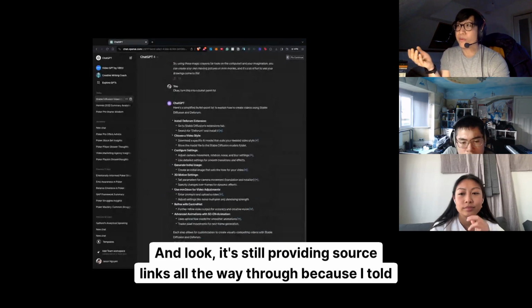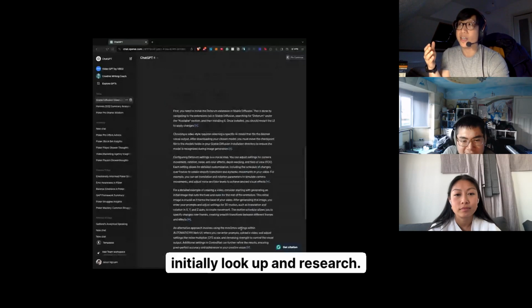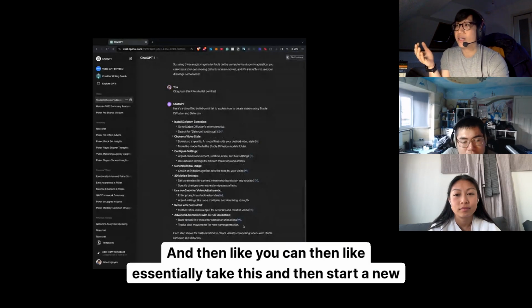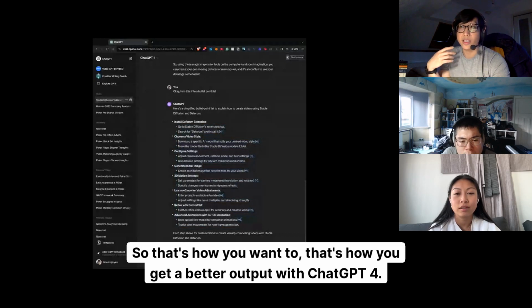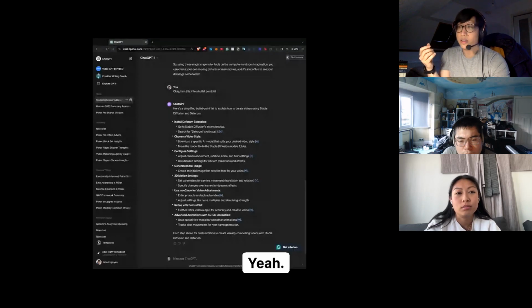And look, it's still providing source links all the way through, because I told it to initially look up and research. And then you can essentially take this and start a new chat, and keep exploring whatever you want to explore. That's how you get a better output with ChatGPT 4. Or be really specific and outline loads and loads of bullet points. Yeah. I think